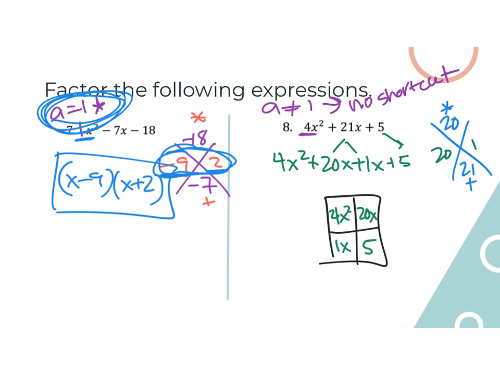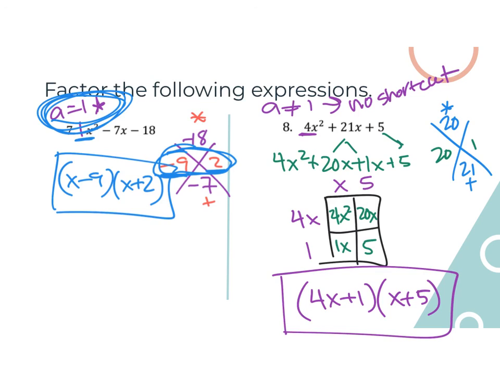So 4x squared and 20x, I can take out a 4 and an x. 1x and 5, I can take out a 1. 4x and 1x, I can take out an x, and then 20x and 5, I can take out a 5. So my factors look like 4x plus 1 and x plus 5. And again, I want to point out the fact that the things you ended up with in your factored form are not the same as what you had when you solved the factor x. So we had to go through this middle step of the reverse box just to get to